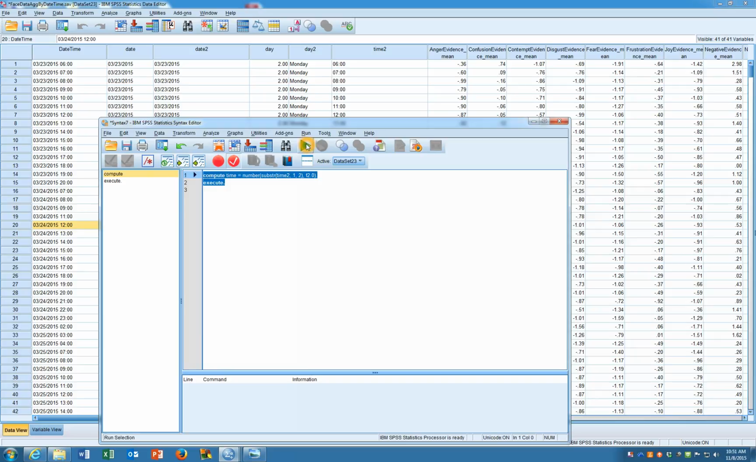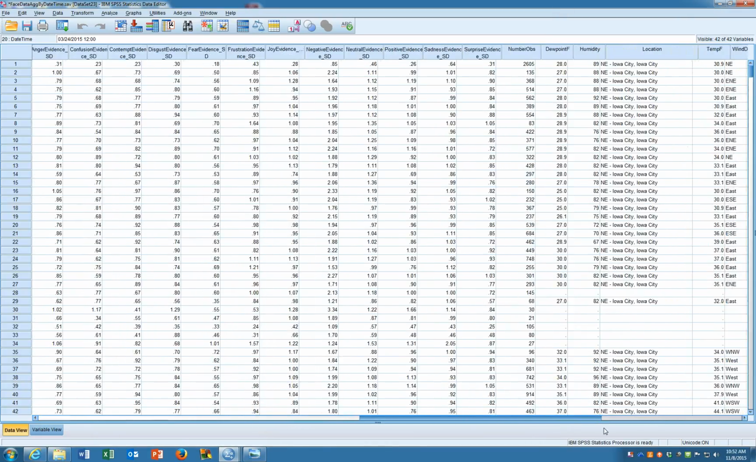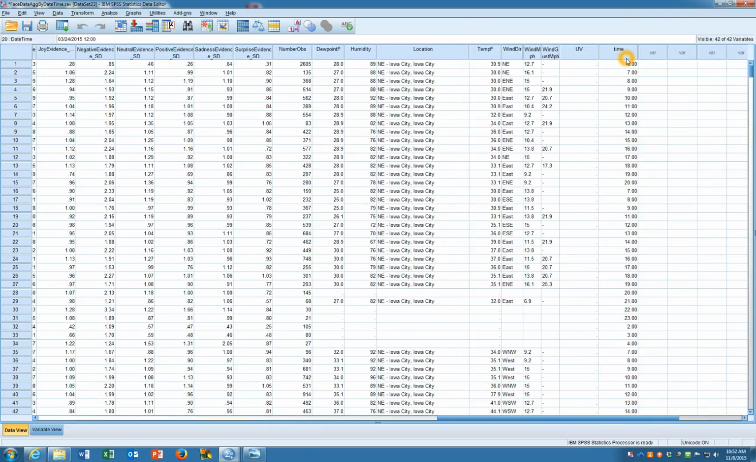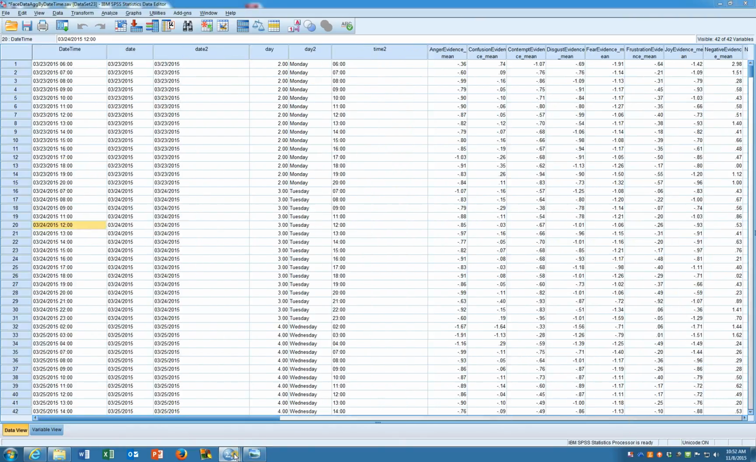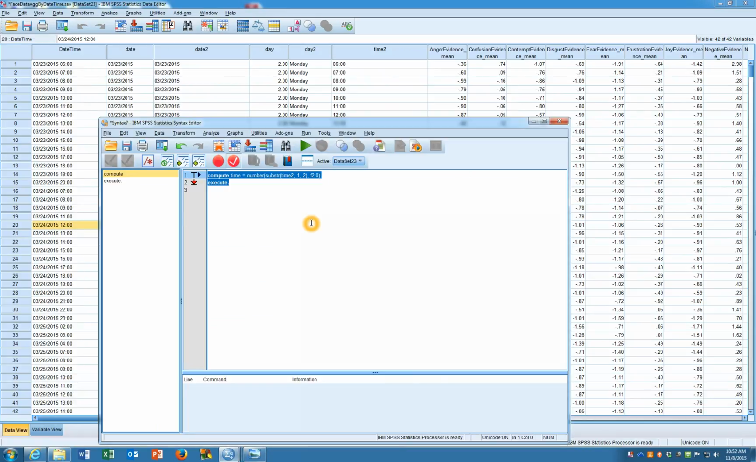When we actually run this, you're going to see if we go to the end of this file, we have something called time now that's a number with decimal places. Okay, now that we have that created, we can go through now and look at the relationship between time of